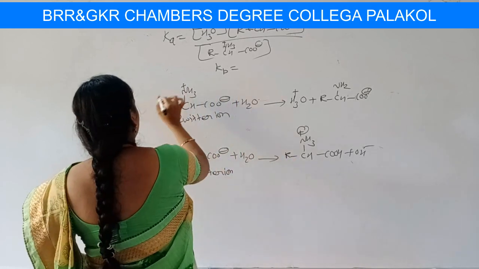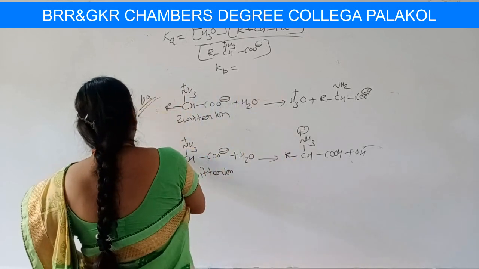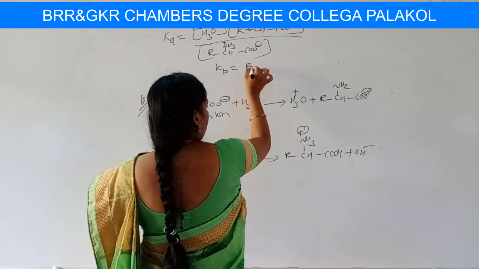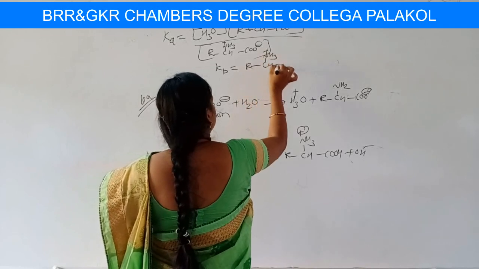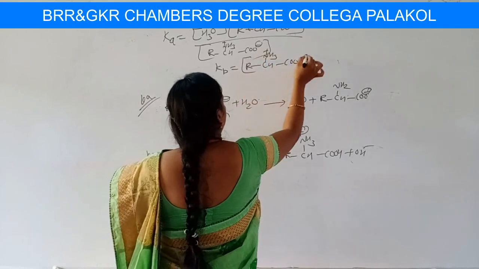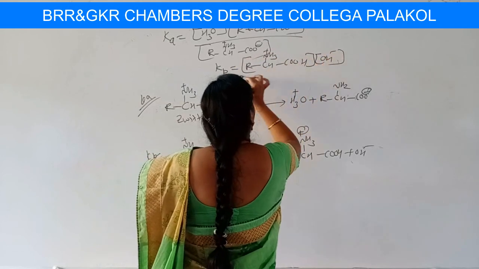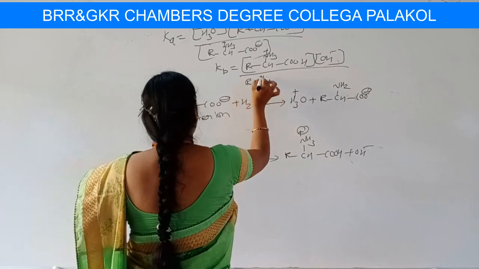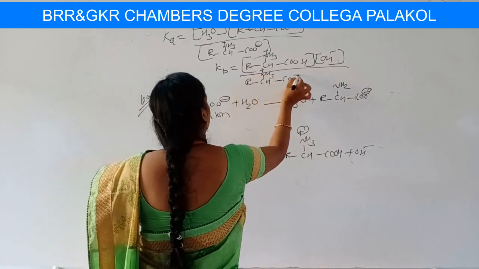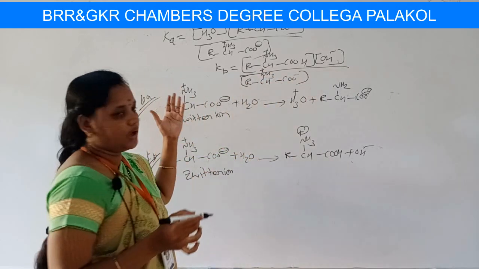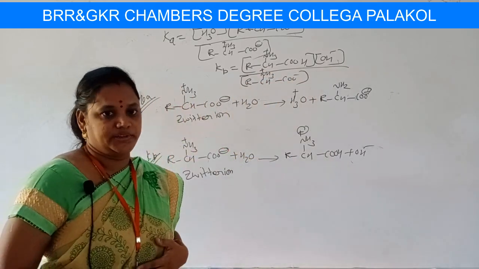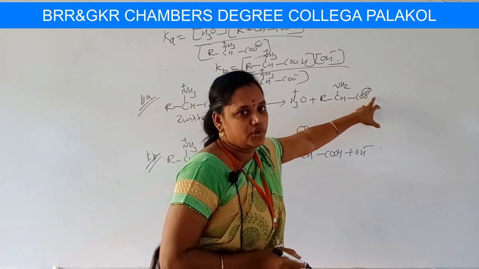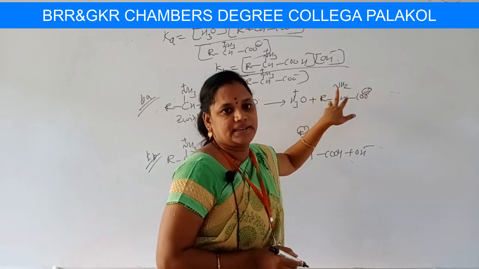So this is acidity constant, calculation of acidity constant. This equation is for calculation of basicity constant. So Kb is equal to RCH NH3 plus COOH into OH minus by, what is the reactant, students? RCH NH3 plus COO minus. This is your Ka and Kb value, students. Okay, students, please remember, I got confused here. I have written OH minus, but you will get only two products. That's enough. Okay, students.